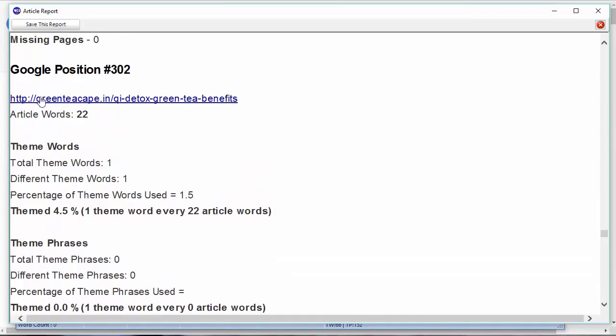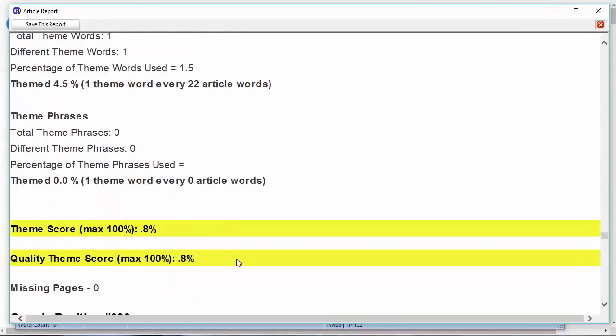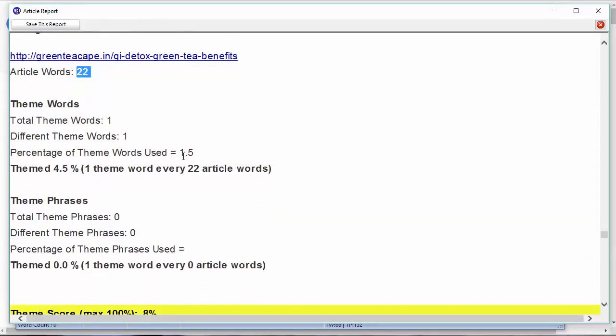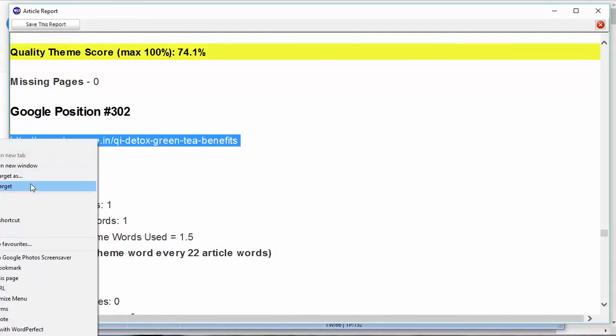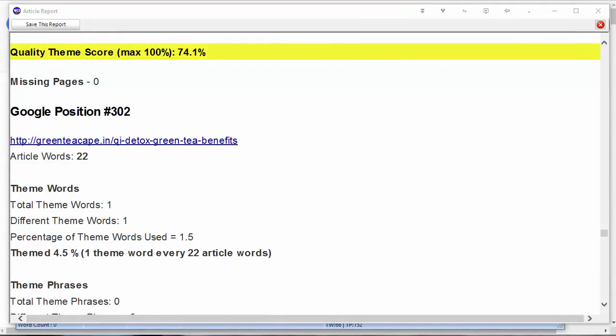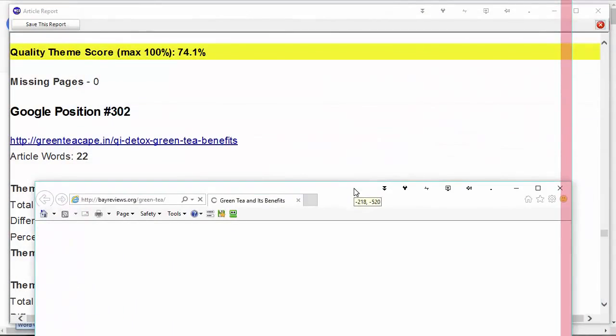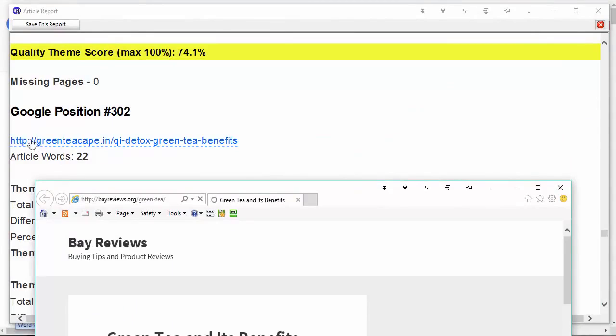Look, this one that's ranked 302, it only has 22 words on the page. Okay, which means that it's using 1.5% of the theme words. Well, that's fine, you say. Let's go and have a look at the web page, because we can't just exclude it just because it doesn't obey what we are hoping for. However, look at this one. This page here,